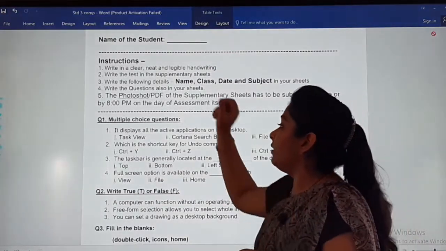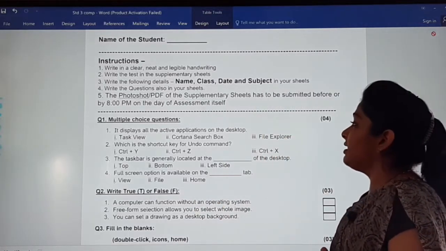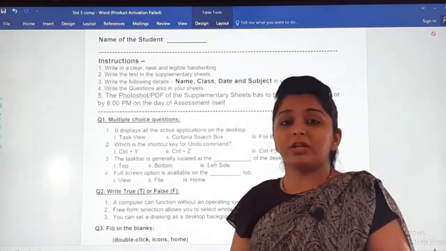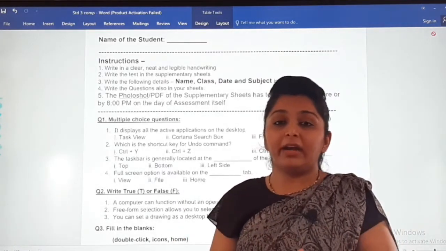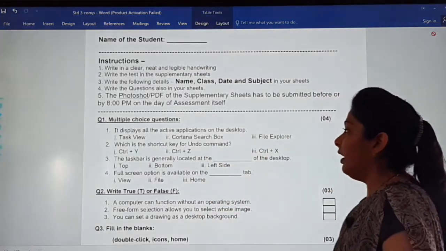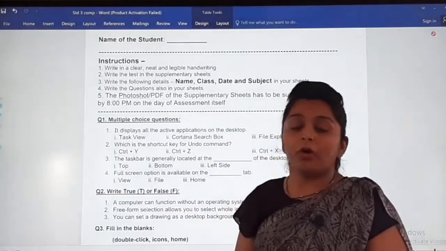For example, the first answer is task view. Okay, it displays all the active applications on the desktop. Yes, on the task view we can see all the applications that are currently active. So in this way you will write. Same with all the other options.